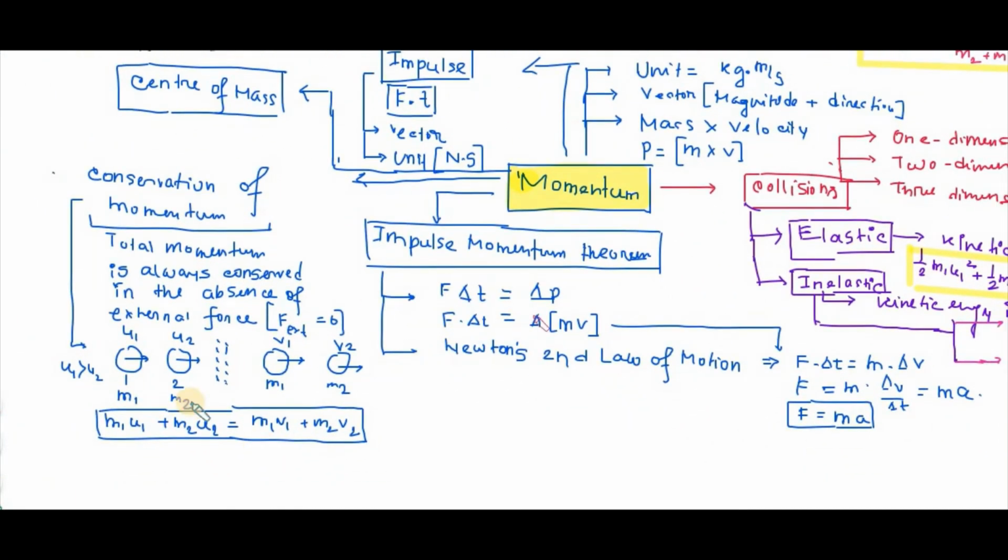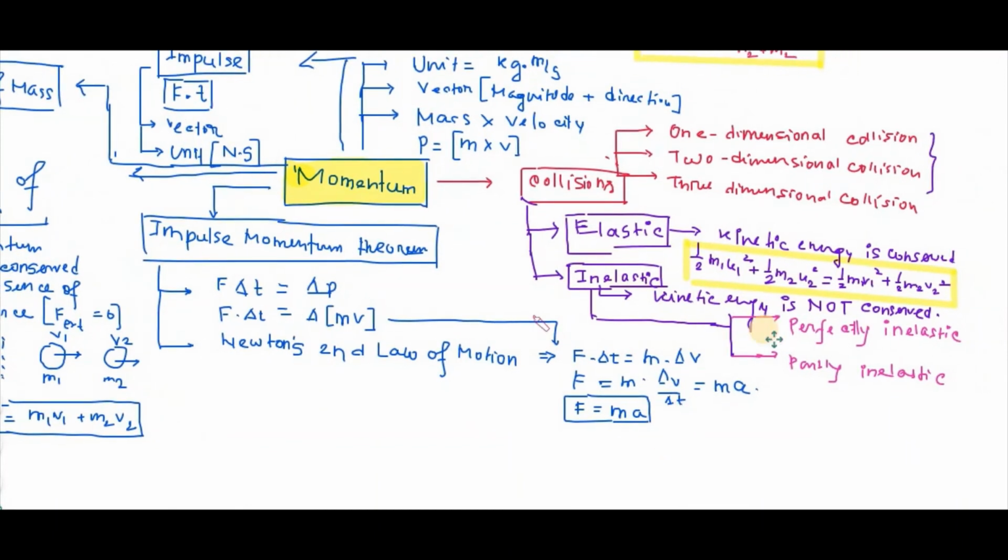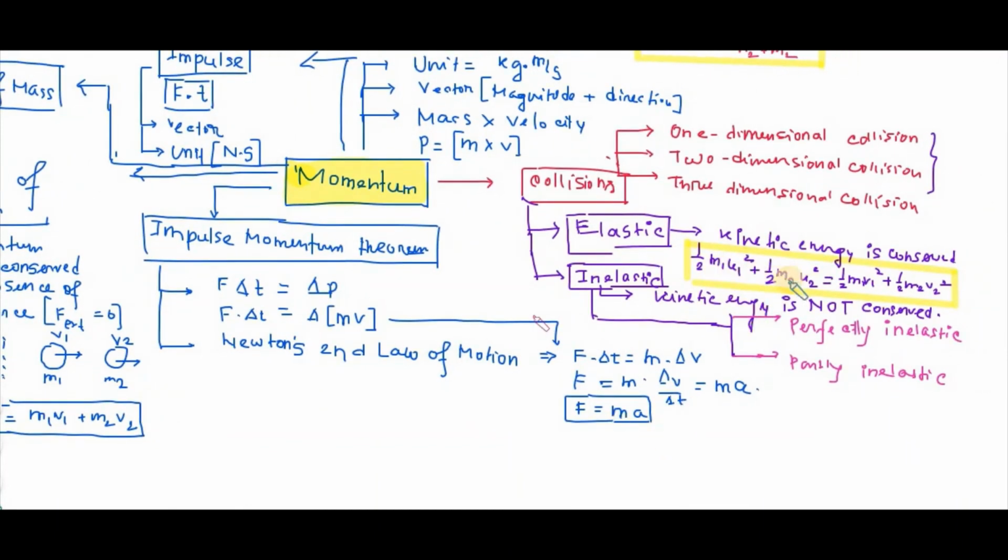To follow the kinetic energy conservation, you just follow the diagram we have drawn here. Two objects are moving with velocities u1 and u2 before the collision, and the masses are m1 and m2. The masses remain the same after the collision, and the velocities are v1 and v2. Let's say this is an elastic collision. So the total kinetic energy before the collision is half m1 u1 square plus half m2 u2 square, and after the collision, the total kinetic energy is half m1 v1 square plus half m2 v2 square.